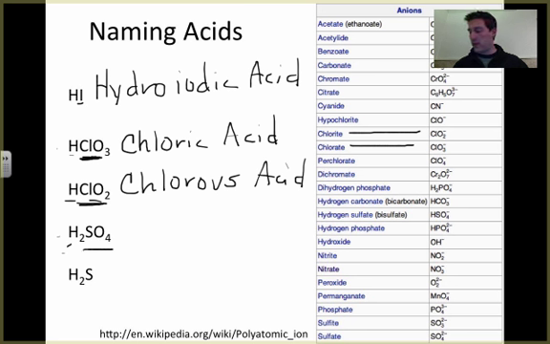I just need to find out what SO4 is. And SO4 down here at the bottom is the sulfate ion. I'll explain to you in just a bit how we end up with that too, but for now let's just worry about naming it. Because it is sulfate, ate goes to ic, and I add acid. This is sulfuric